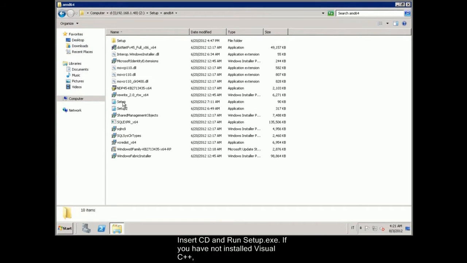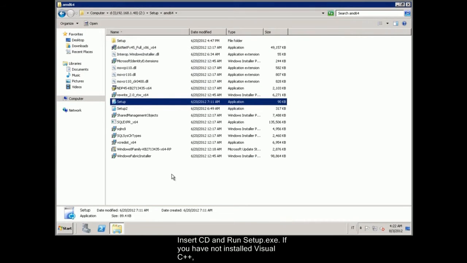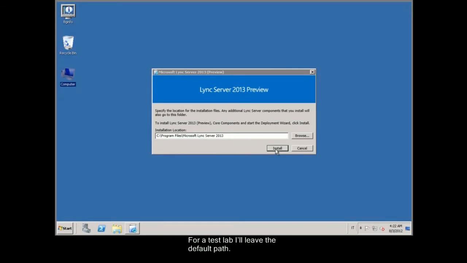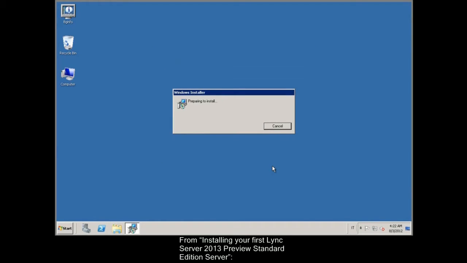Insert the CD and run setup.exe. If you have not installed Visual C++, you will be prompted to install it. For a test lab, I'll leave the default path. From Installing your first Lync Server 2013 Preview Standard Edition server,